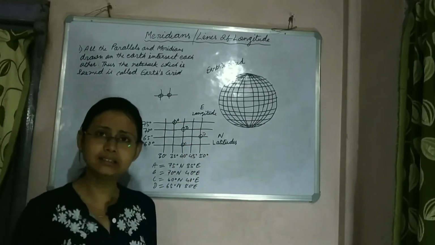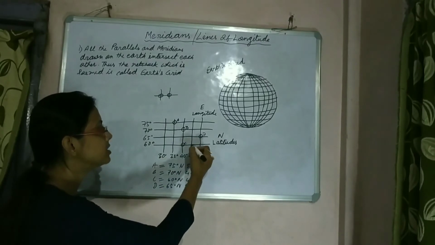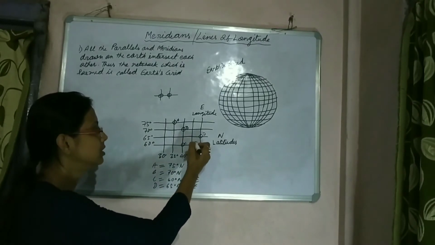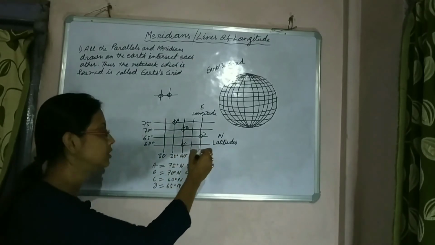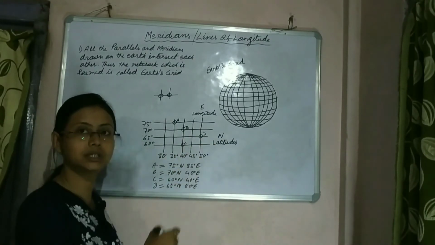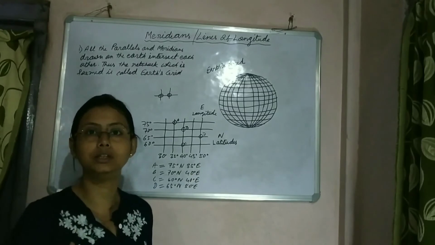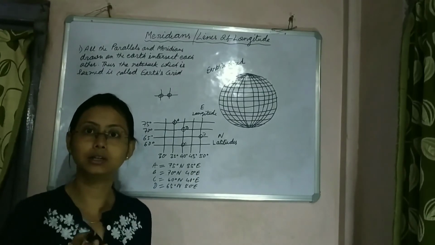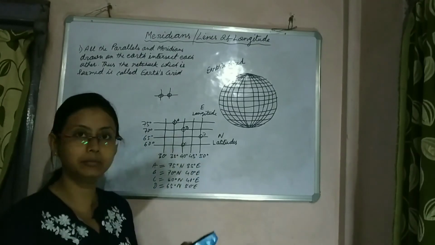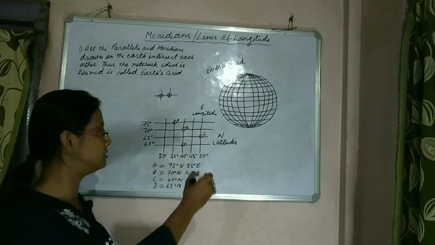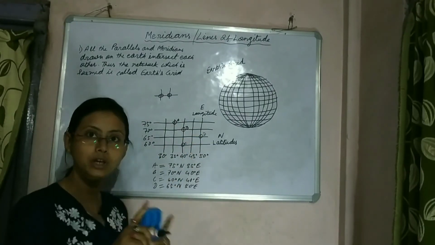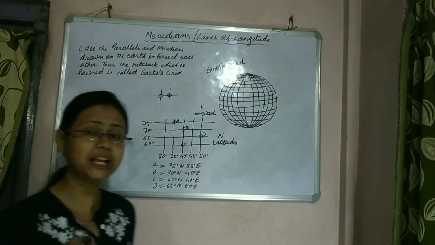Now, is it like that between two intersecting points, the places which are found don't have any location, or any place, city or country is not located between two intersecting points? Yes, of course it is located. So now let me show you how we can find out the locations of the places which are located between two intersecting points.